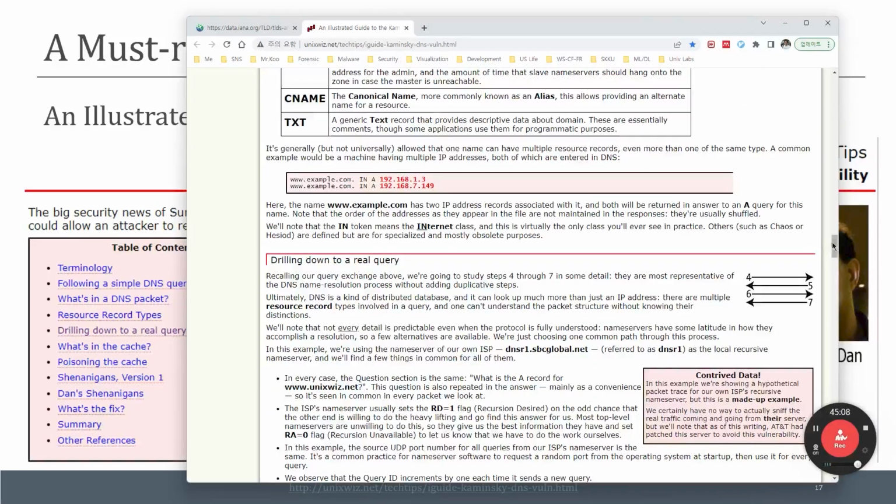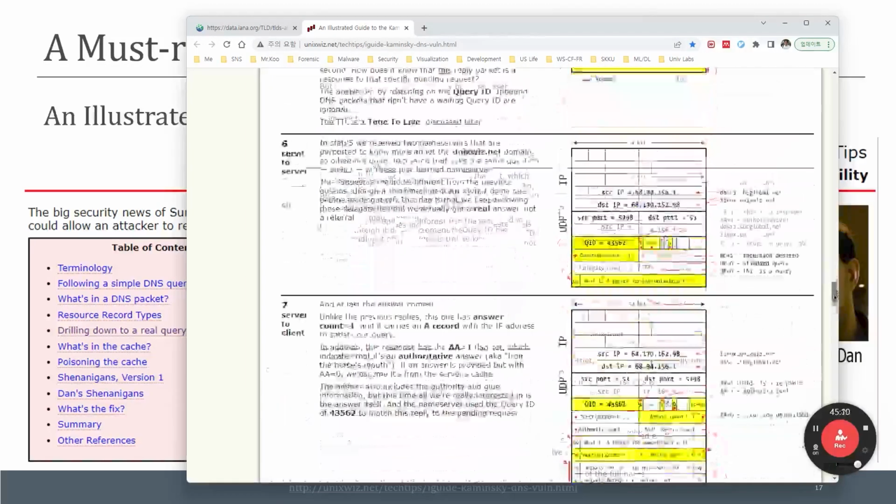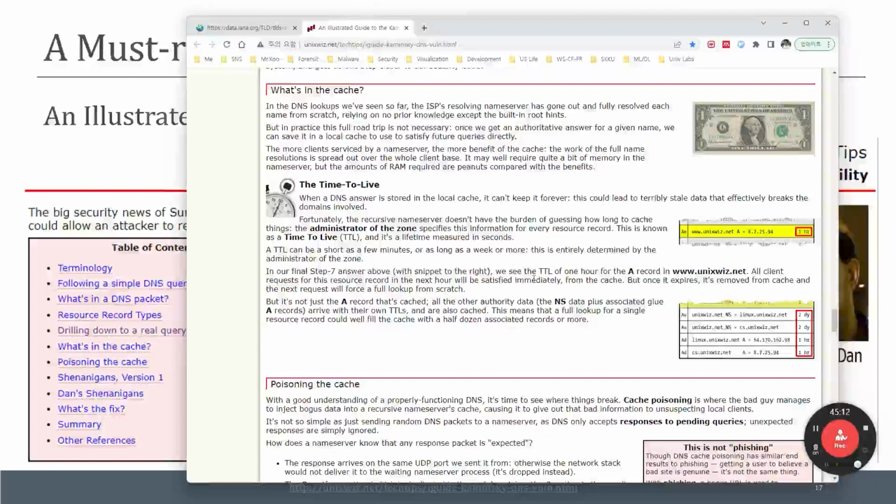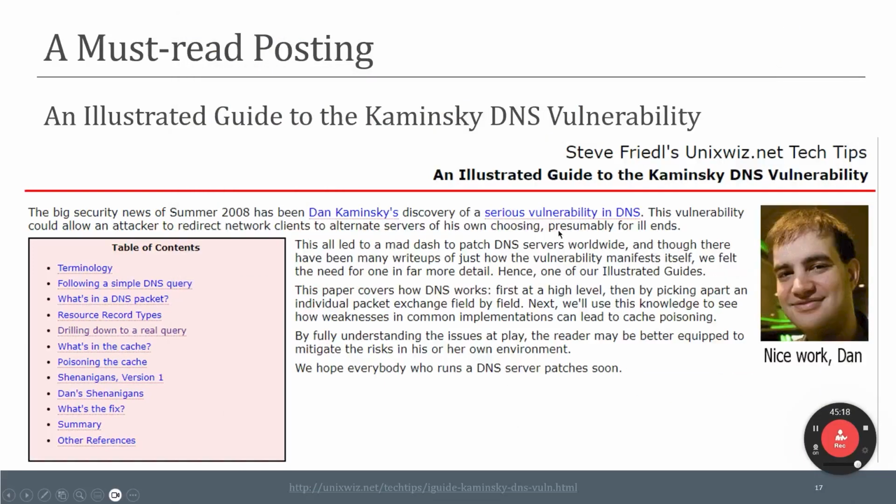So I strongly recommend you read this posting in order to fully understand how the Kaminsky attack works. Actually, back then, in 2008, it was big security news. That was a serious vulnerability that can give a huge impact on the internet.